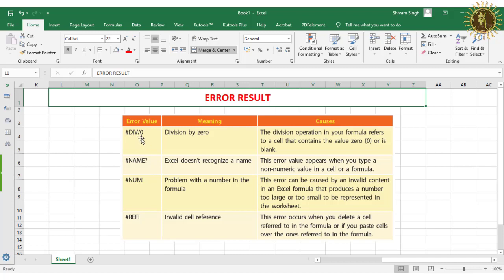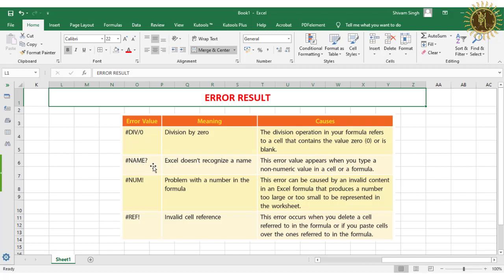The first is hash DIV/0, meaning division by 0. The division operation in your formula refers to a cell that contains the value 0 or is blank. So whatever cell reference you have given in your formula contains 0 or that cell is blank.